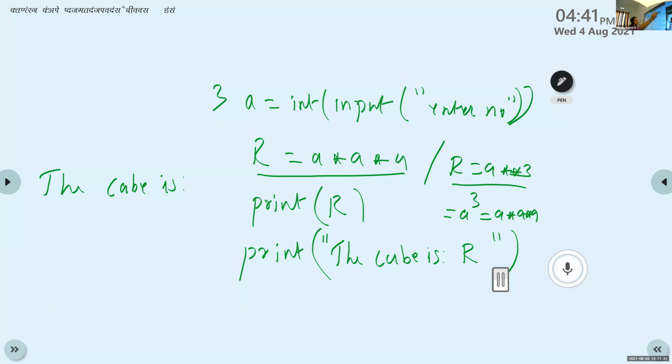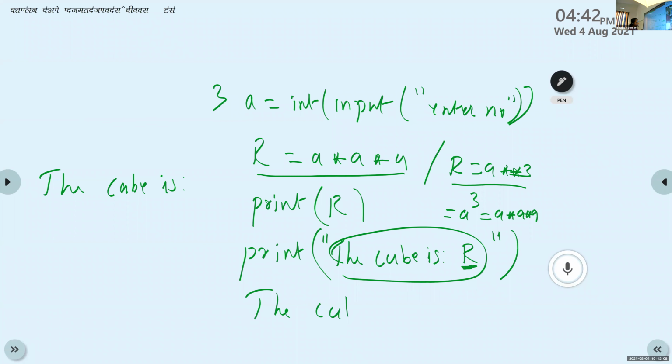Kevin? The cube is R. No, I'm sorry, the cube is 27. No. Here I am writing all these messages, like this variable name also, within double quotes. Anything within double quotes will just display like the same sentence. If there is any spelling mistake, then it will appear in the same way. So I am writing this variable name within double quotes. If I am writing this variable name within double quotes, it will just display like this.